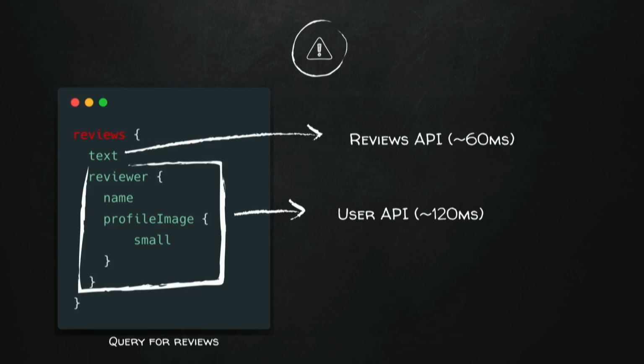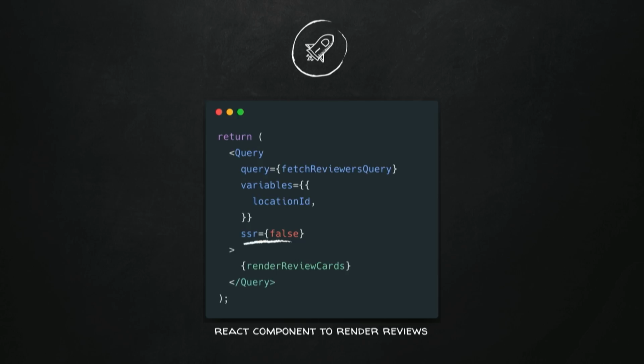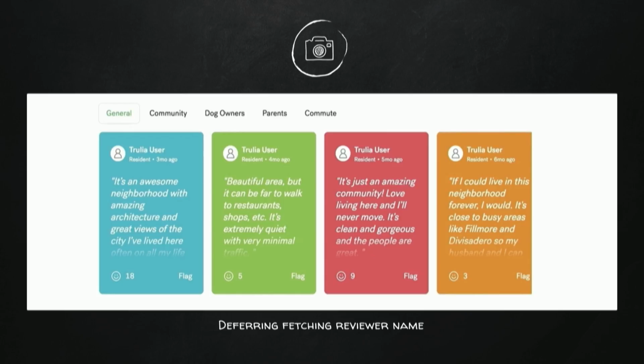But we decided this is taking too long. What can we do? Maybe we can take the reviewer information out and use it at a later time. So that's what we ended up doing. We decided not to SSR everything. We wrote a query to fetch the reviewer information at a later time, called the fetch reviewers query, turned SSR to false there, so it's only fired on the client, and rehydrated the page with that information. To give you an example of what that looks like,